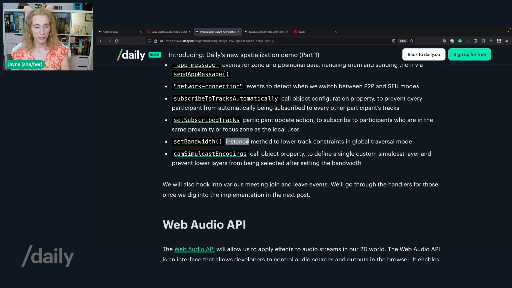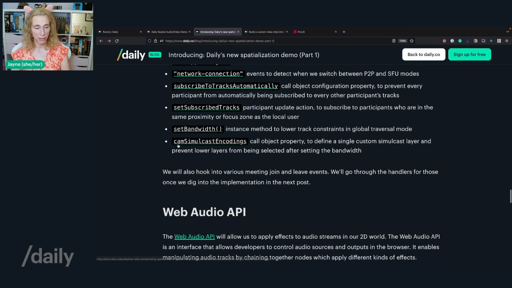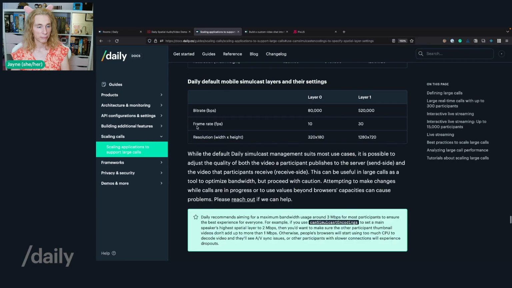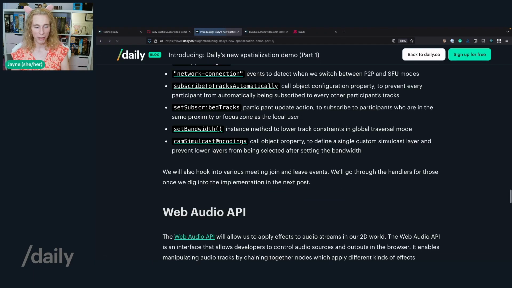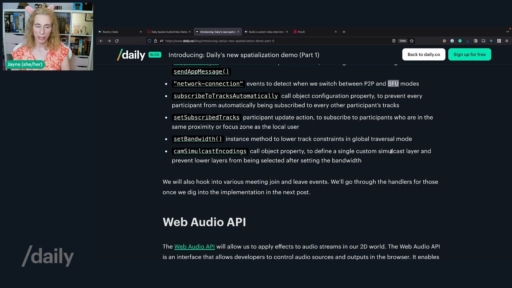Then the setBandwidth instance method to lower track constraints in global traversal mode, and cam simulcast encodings. I will explain what simulcast is later when we use it, but basically, when you go into SFU mode, there's a server in between everybody, and you can send